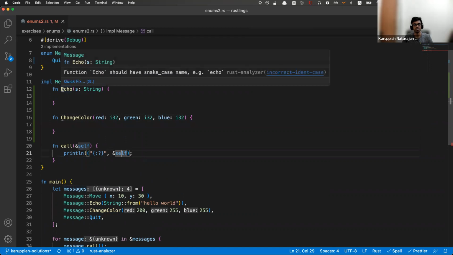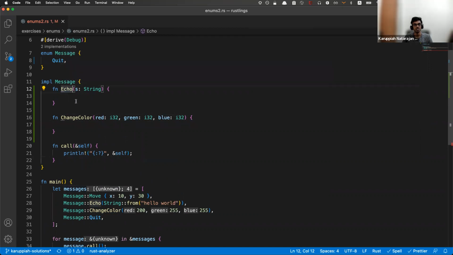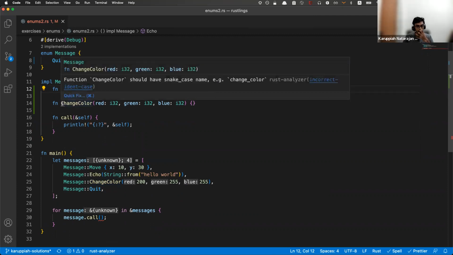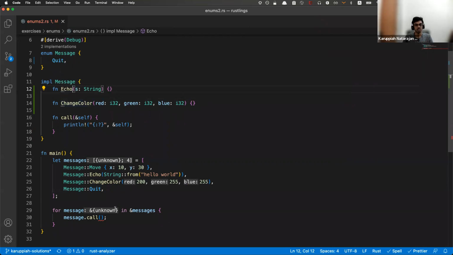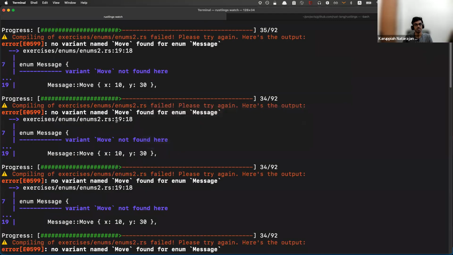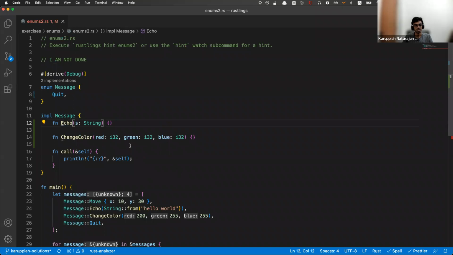What does it say? Should have snake case. Example echo. Okay. So I don't get this. Expected one argument, found 0. Okay. Interesting. Variant move not found here. Okay. Hmm. So I think I remember seeing this